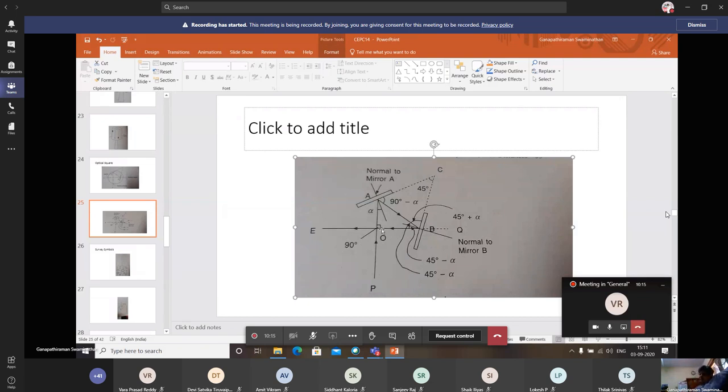So normally what you do is you hold an optical square on your